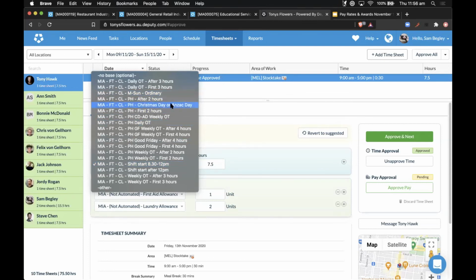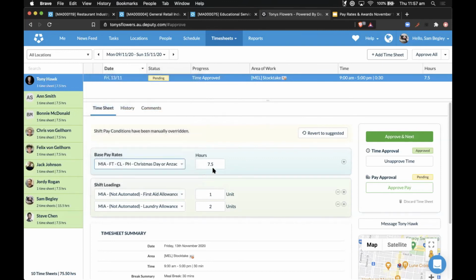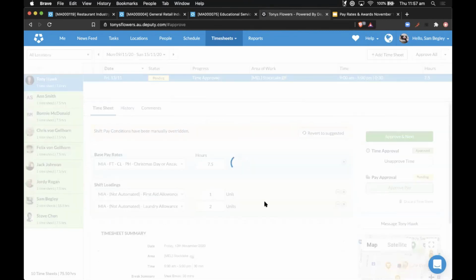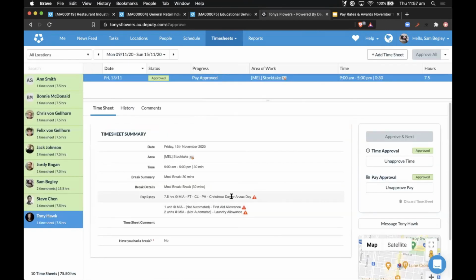I think it's just this one. And so if we reapprove it, it'll be at a higher rate of pay. And it's got PH, Christmas Day or Anzac Day. Awesome. So then when we go to the export of timesheets, that'll be a higher rate of pay when it groups by the pay rate.